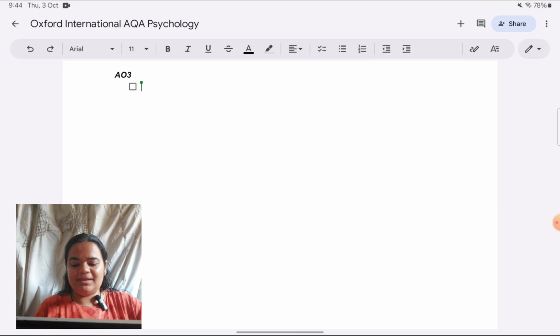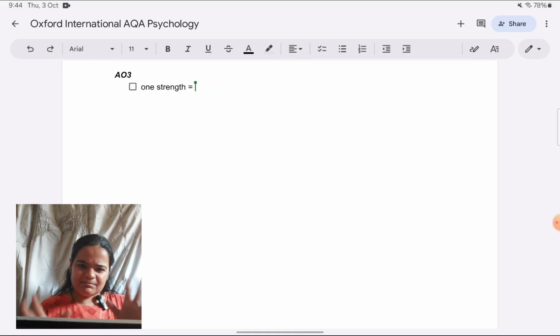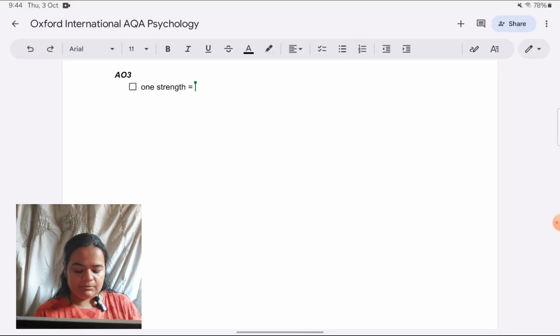I have explained the PEEL format, maybe not in my AQA videos, though I think I have, but otherwise in my CIE videos. The syllabus is slightly different from yours, but the PEEL format, how to use it, is in any of the videos in which I have covered 10 markers for paper 3 for CIE. You can watch that for the Cambridge board. I have explained how to use PEEL format.